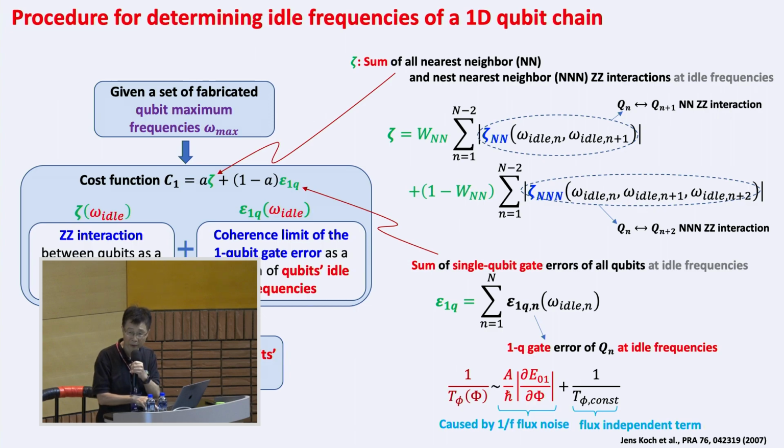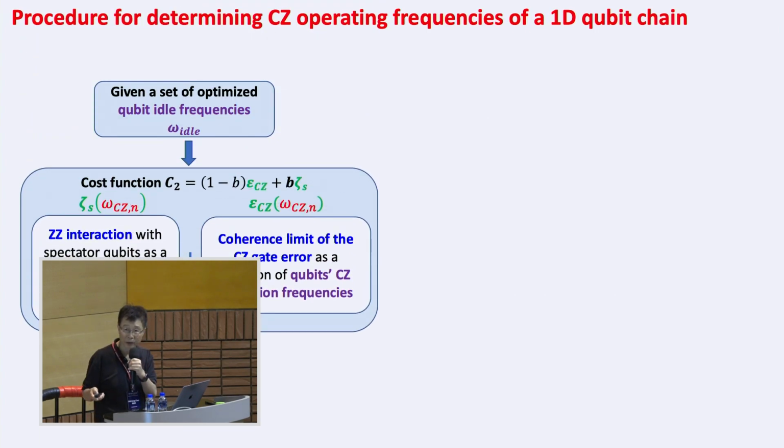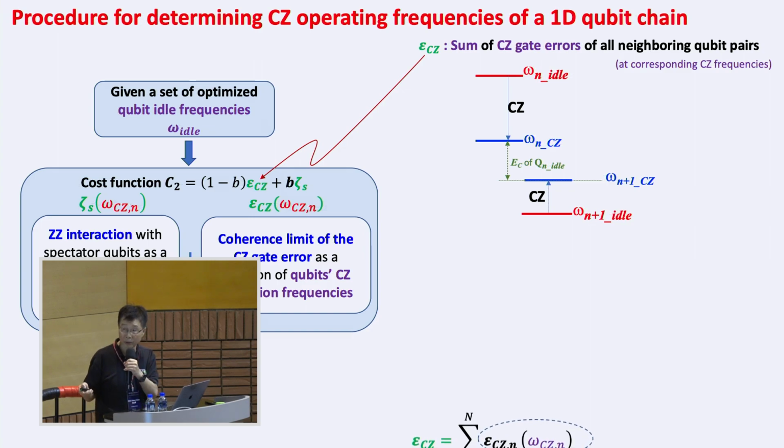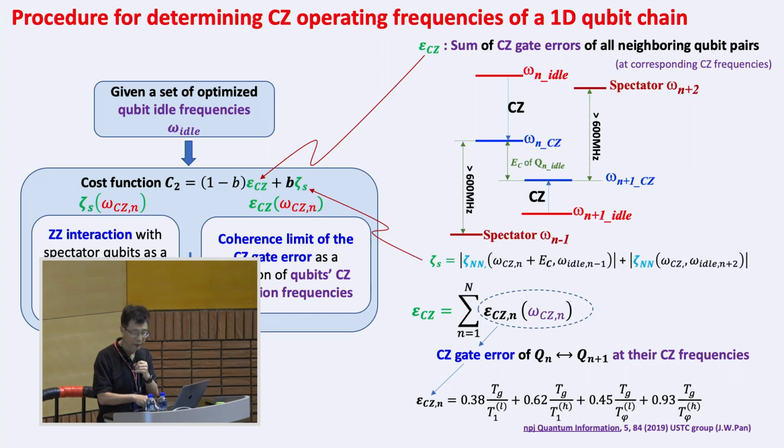And with all this, we can get a set of 5 qubit idle frequencies. Then to find the CZ operation frequency, again there is a cost function, and again there are 2 terms. The first term is the ZZ interaction, and the second term is the coherence limit of the CZ gate. In the ZZ interaction, during the CZ operation, we separate by the charging energy of the idle qubit. This function is written here. Again, there is an equation that describes the decoherence in this case. And applying these equations, we can get this value, and also the